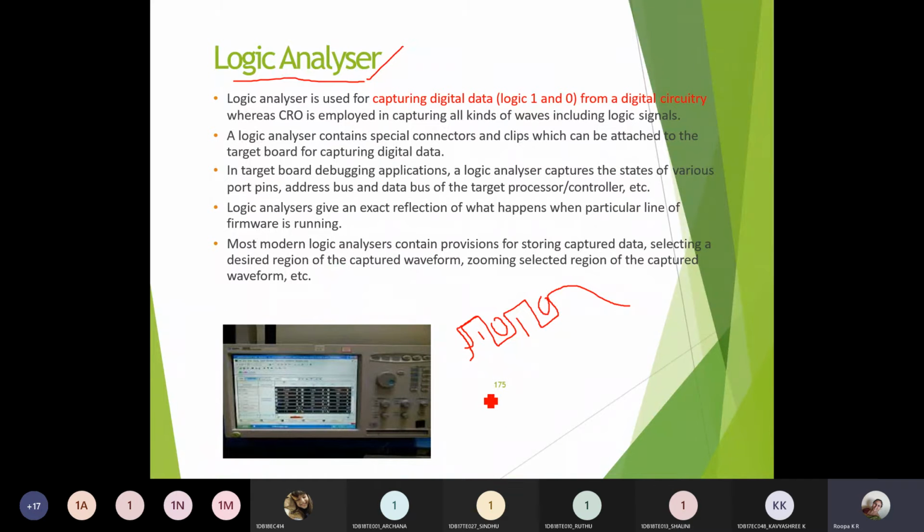the logic analyzer. So if you have an embedded system and a digital circuit here, and if I want to check the status of the digital circuit, means if I want to debug this particular digital circuit, I can use this logic analyzer, where using these ports I can connect to this circuit and get the verified output here. Means for the given input, whether I'm getting the output, whether the circuit is working in a proper way or not. That can be analyzed by using this particular component.